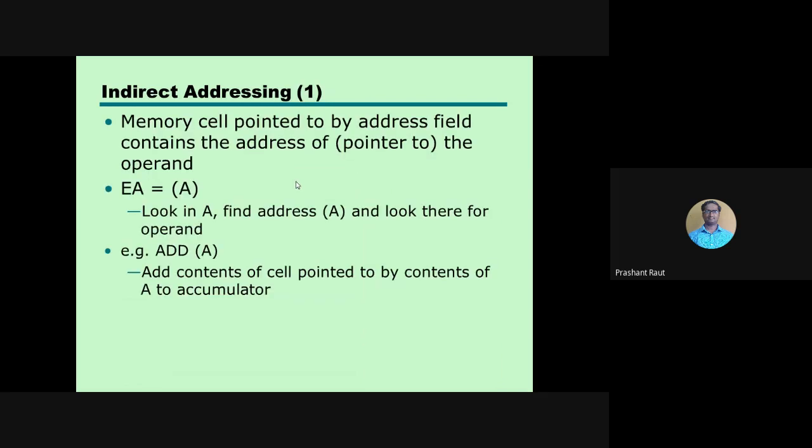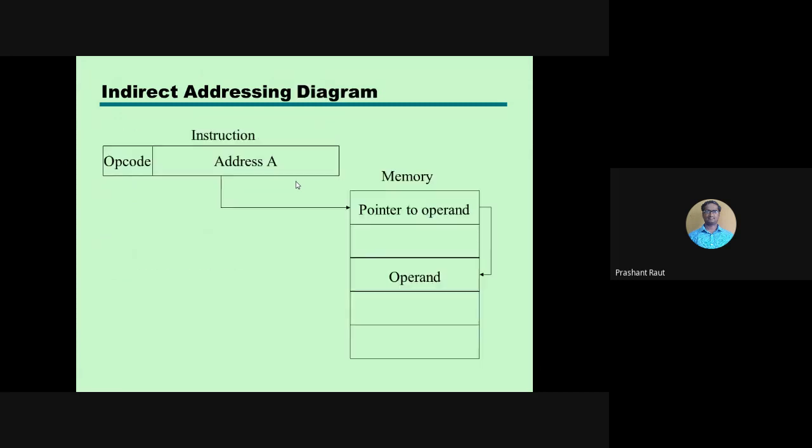Now next, indirect addressing. So it is a pointer concept. Whatever content is inside the instruction, it is again the location where the address of an operand is stored. So it is like a pointer concept. See here the diagram.